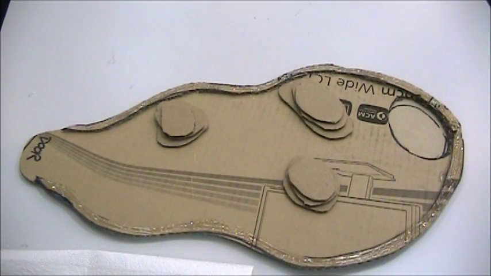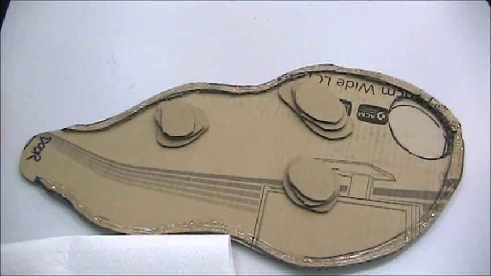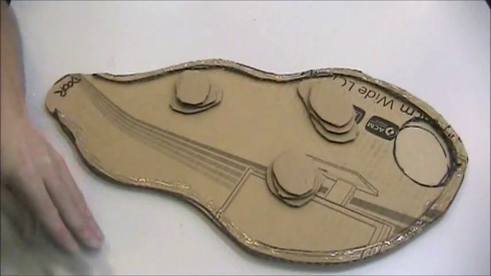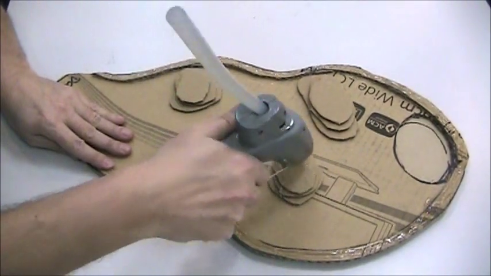So as you can see, I've got all the stalagmites on. So what I'm going to do is give it a little bit of irregular texture, just like I did the walls, to add some interest. So I'll just use the glue gun and just